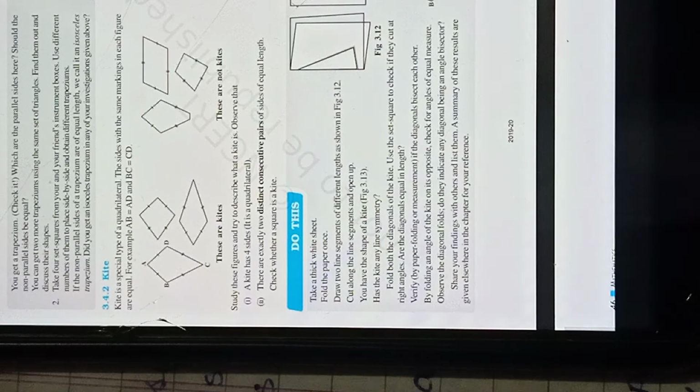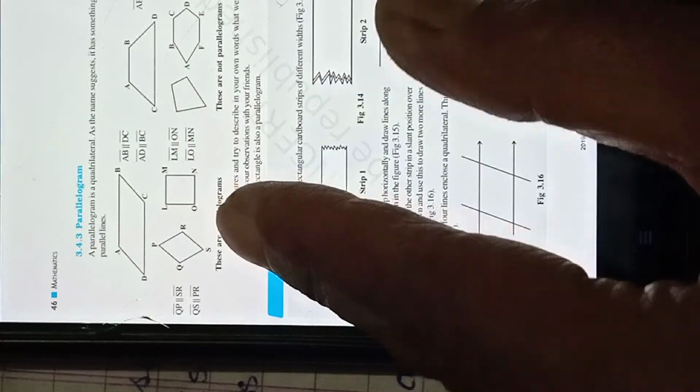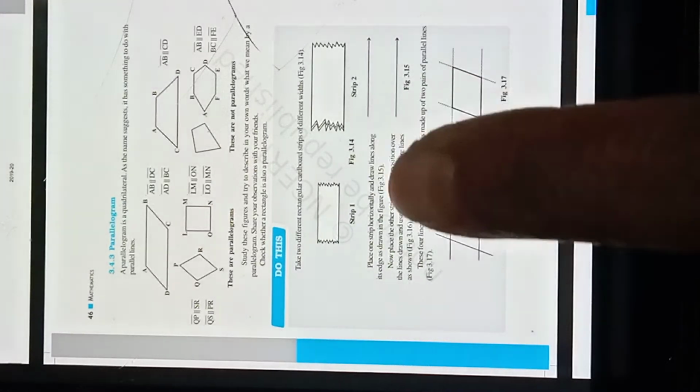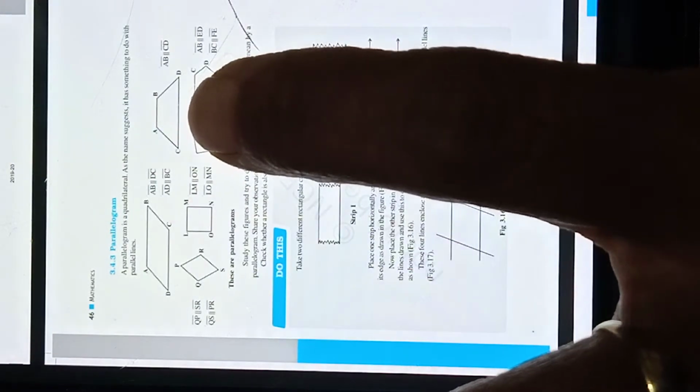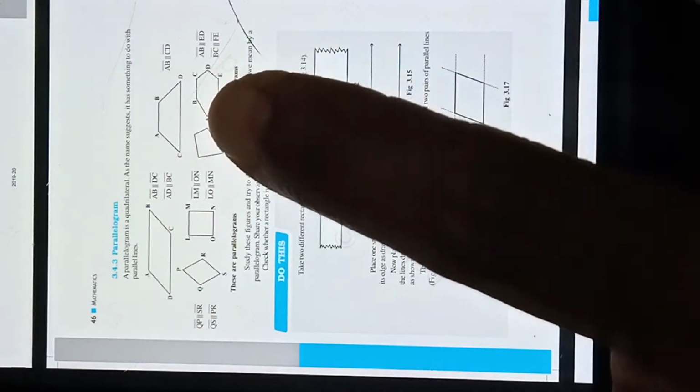Okay. Then after that comes the most important one, that is your parallelogram. In a parallelogram, both opposite pairs are parallel. Like in a trapezium we had only one pair parallel. See, this figure out here is a trapezium, only one pair parallel. In this only AB was parallel to CD. In this figure AB is parallel to CD, along with that AD is also parallel to BC. So this is a parallelogram and this one is a trapezium.